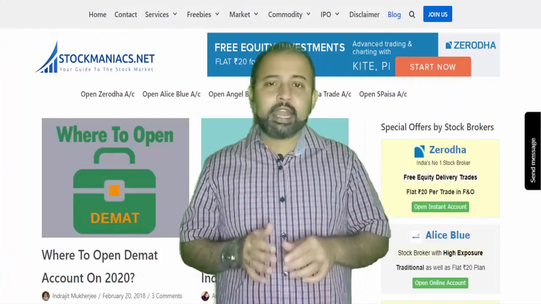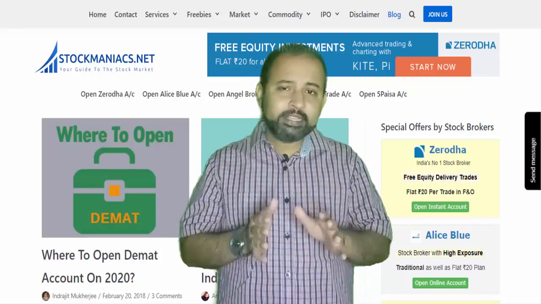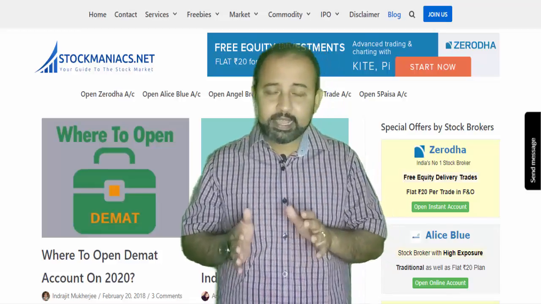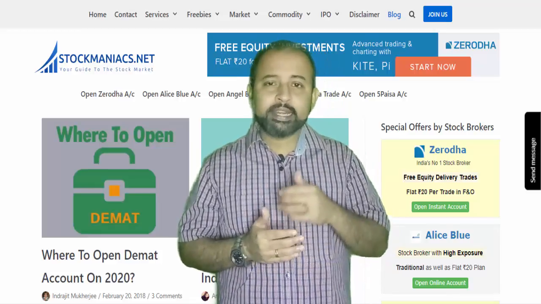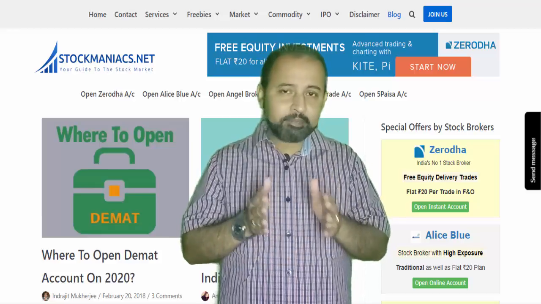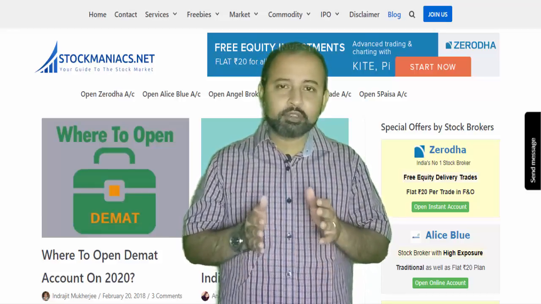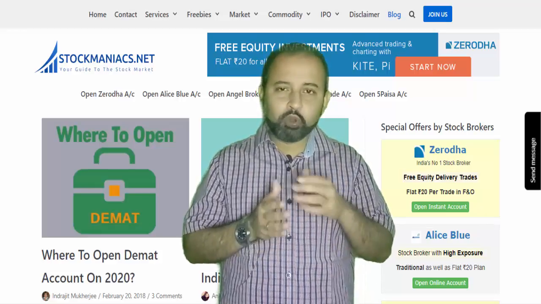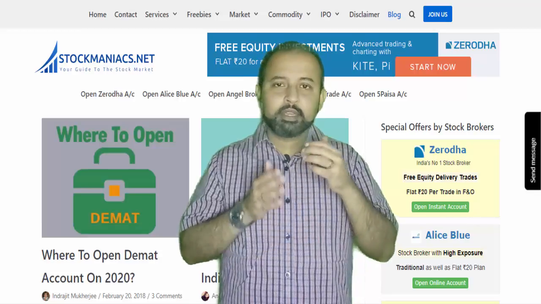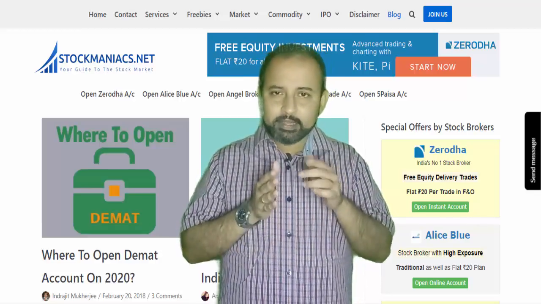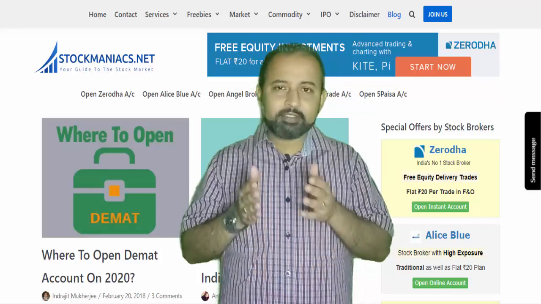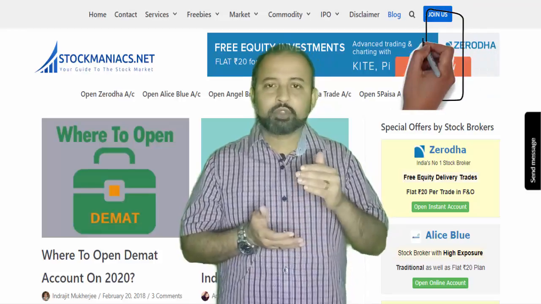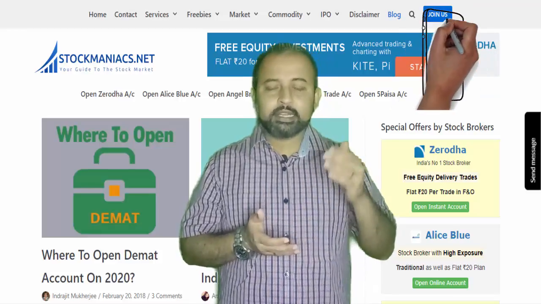So my dear friends, I have shown you how to find the patterns on the Zerodha Kite chart for the candlestick patterns, and I have also shown you how to get a scan of the same candlestick patterns on the Zerodha Streak. So you can just scan on your favorite time frame. If you trade on intraday, you can scan on the lower time frames like 5 minutes or 15 minutes, or say you are going for a positional trade, so you can scan for say hourly or something like that.